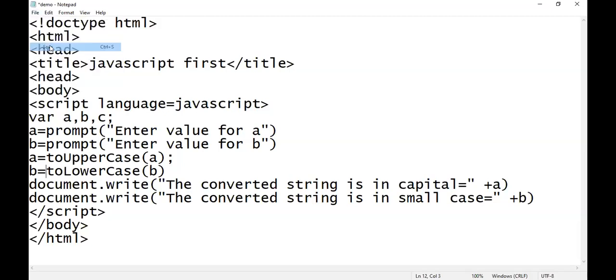File, save, refresh. Here Amol Parab. Here Gaurish. I'm writing all in capital. And we will check. No. Okay, it means that...